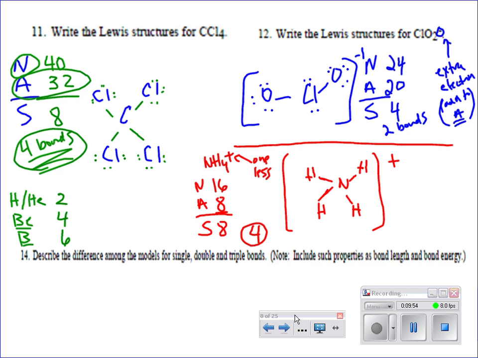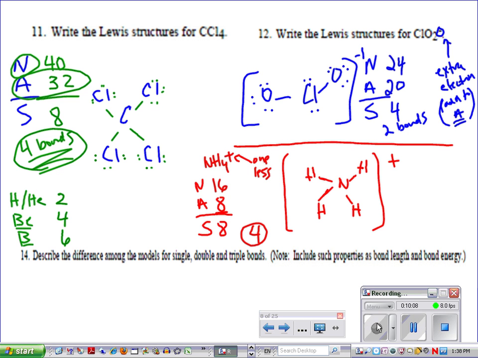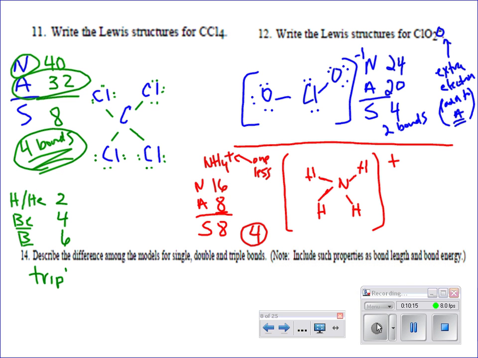Okay, we're going to get into drawings where we're going to have some double bonds and some triple bonds. I just want you to know a little bit about their characteristics. We're going to be studying something called hybridization, which is also going to be new in the next few days. And I just want you to see with these models the difference. In a nutshell, a triple bond is strongest and shortest,